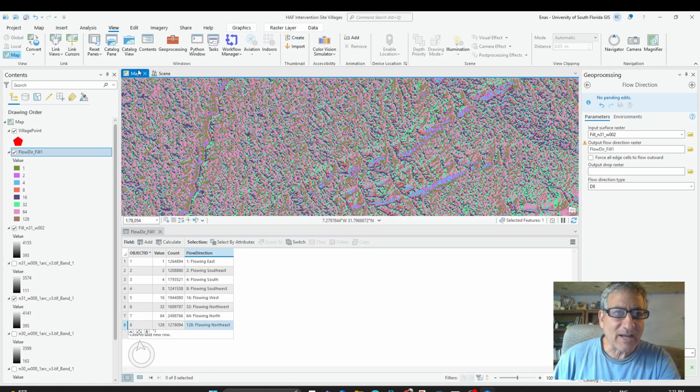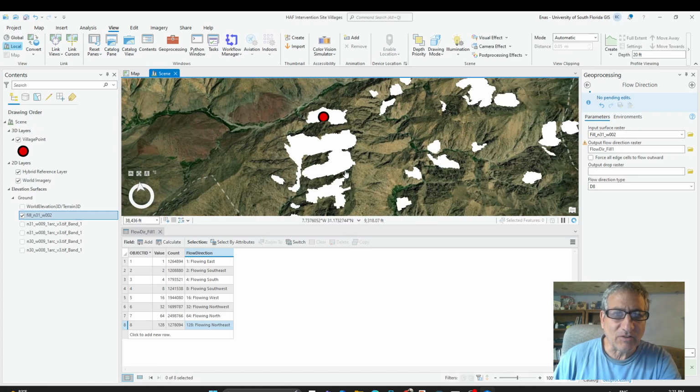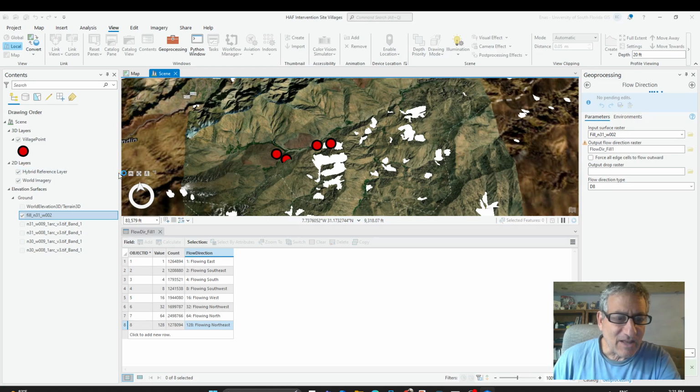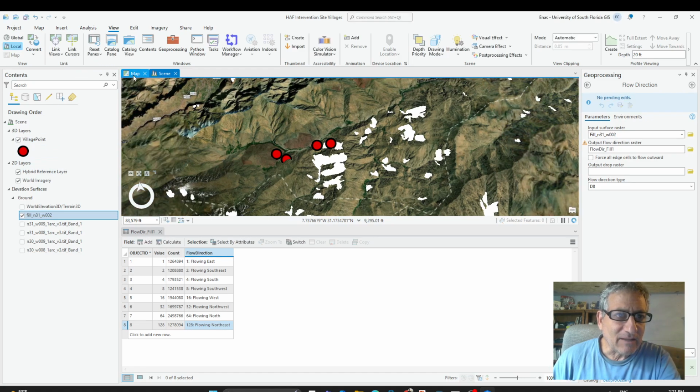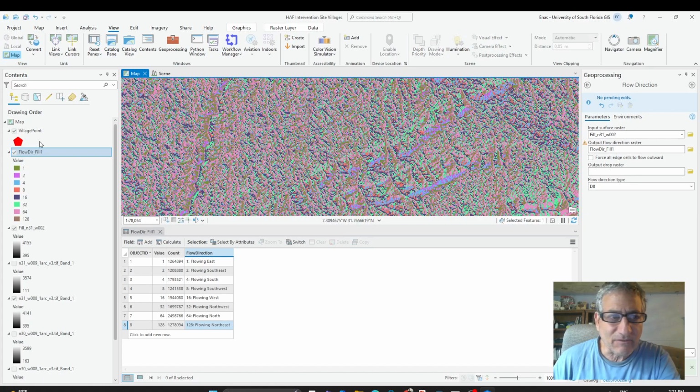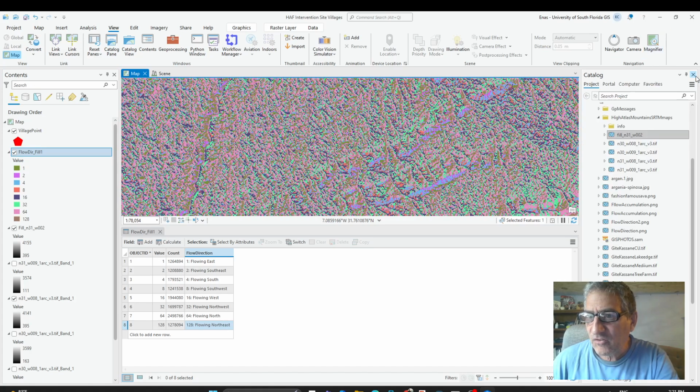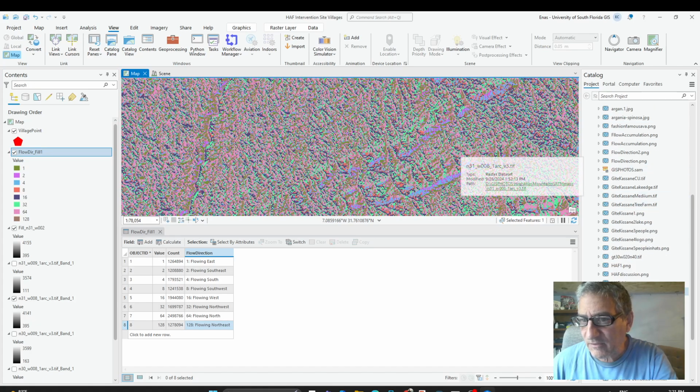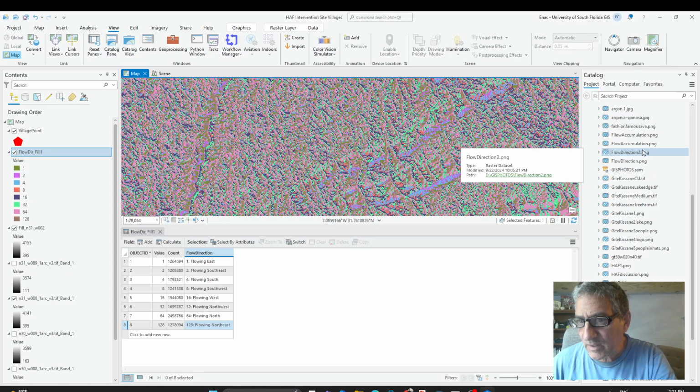And the only way to really check that is to look in the scene. But to look in the scene, we'd have to add that data. And so we have to see if we have this flow direction fill that we can add from the catalog. So if we look, we don't have flow direction. We have flow direction here, but